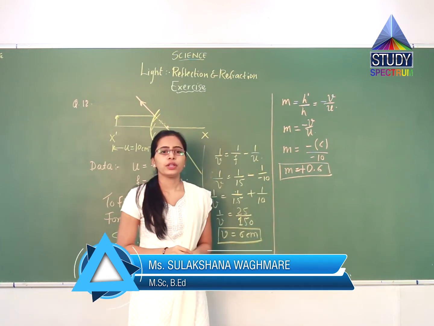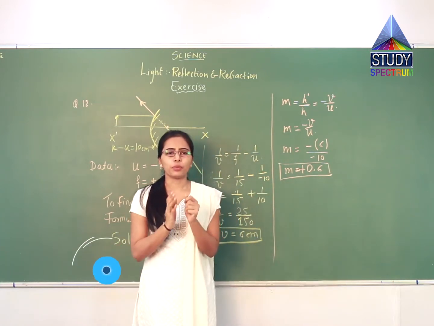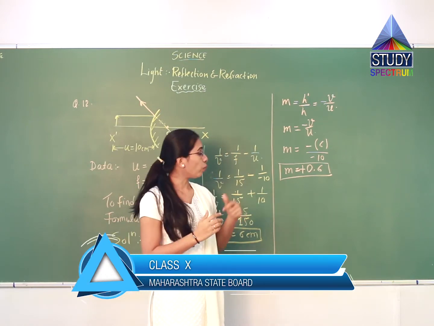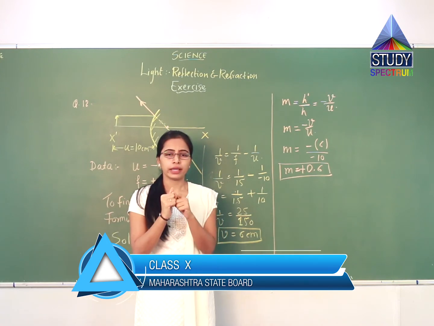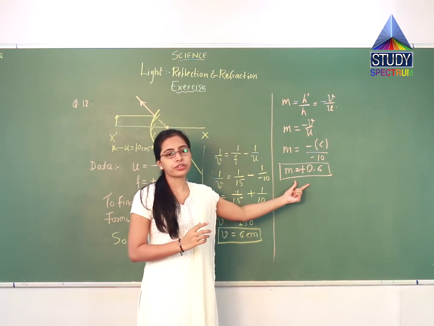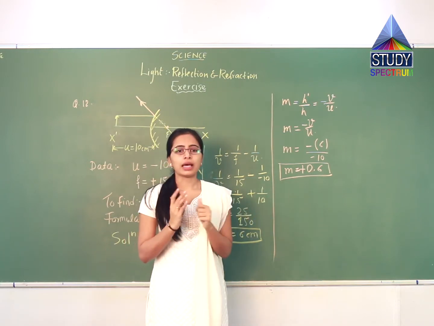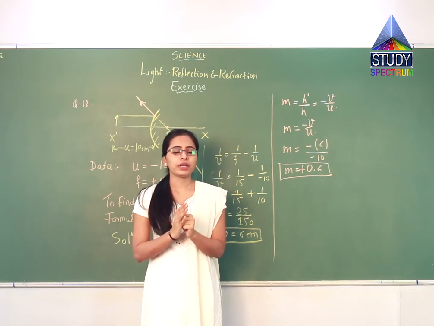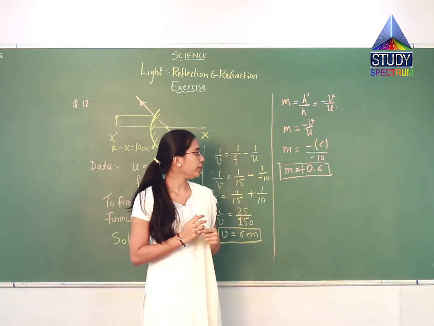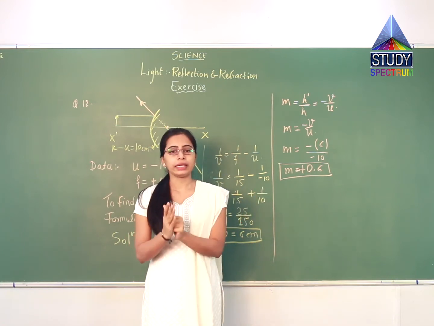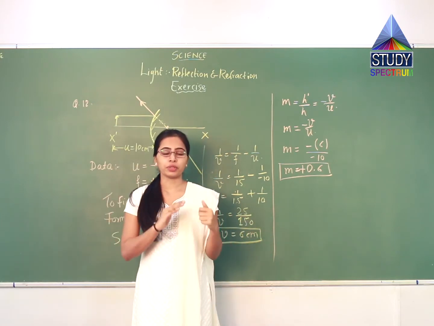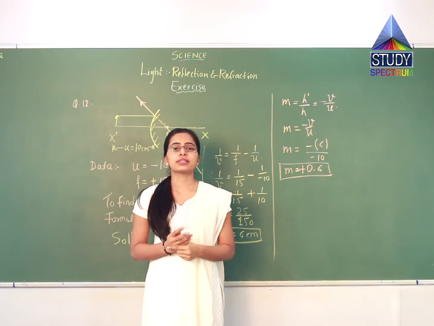That you can see here. So we will see that the positive value of magnification indicates that image formed is virtual. Virtual means it is not the real image and it is erect. It is straight image. So lastly you will mention that the image formed in this case is actually the virtual and erect image, and it is obtained at a distance of 6 centimeter from the mirror on the right hand side. So this is your answer.